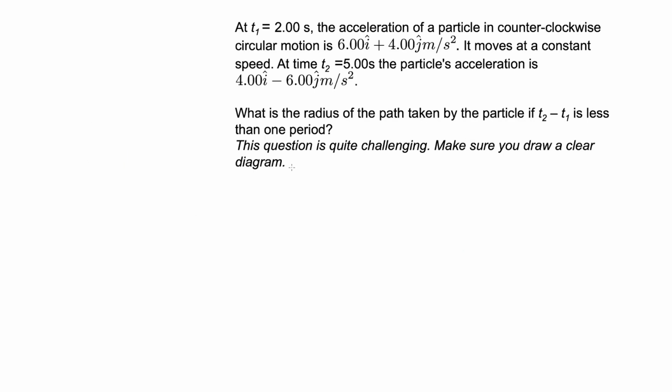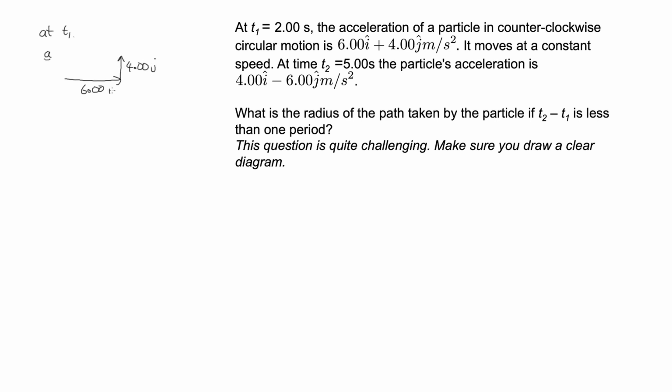This is a fairly challenging problem. So we're told at t1, which is 2 seconds, the acceleration of a particle in counterclockwise circular motion is 6.00 i plus 4.00 j meters per second squared. So let's just sketch what this is going to look like. At t1, the acceleration is going to be 6.00 i, and then we've got plus